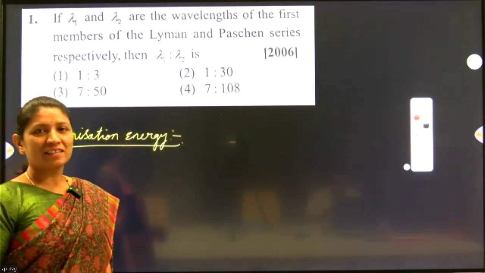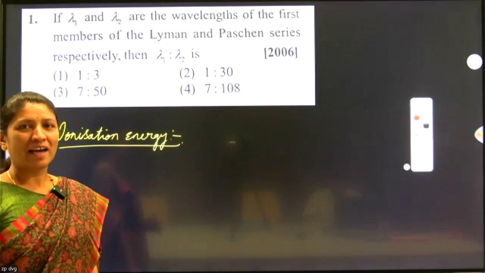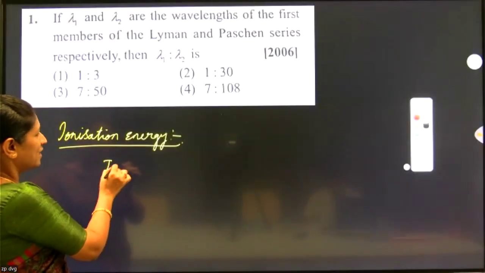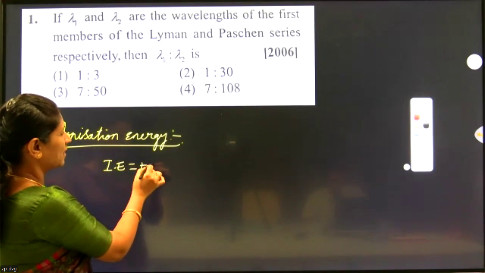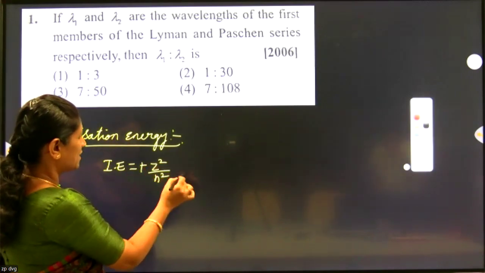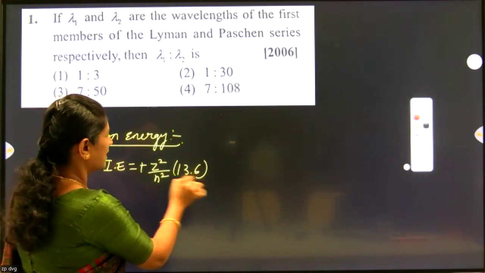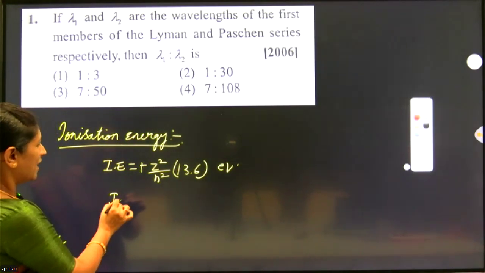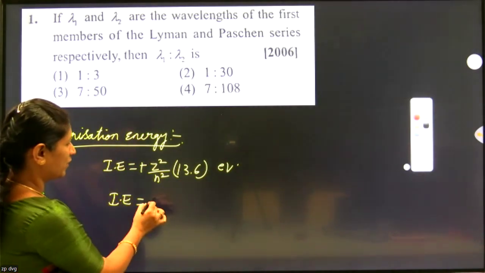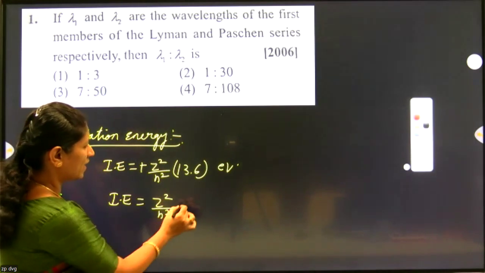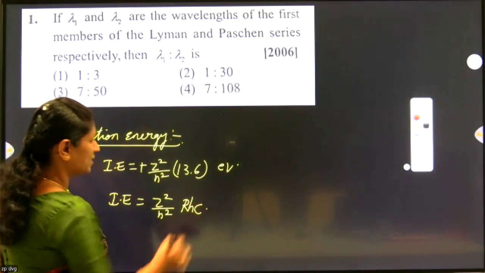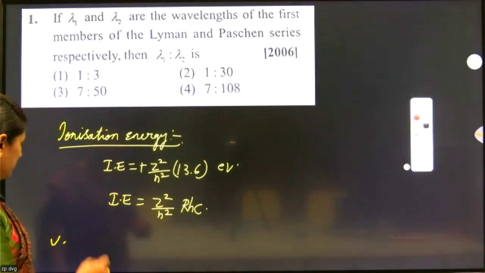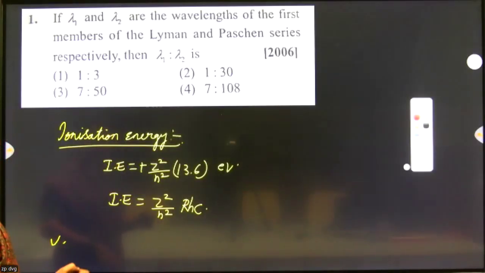Ionization energy is the energy required to remove an electron from its orbit, and it is given by ionization energy equal to plus Z square by n square into 13.6 electron volts, and it can also be written as ionization energy IE equal to Z square by n square into R H C. These are very, very important relations for ionization energy. Okay. Next,